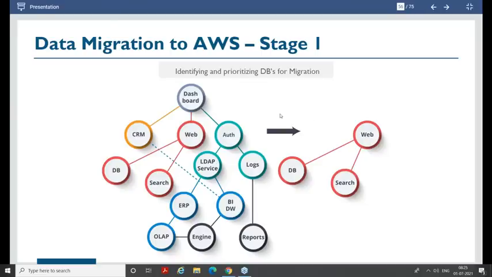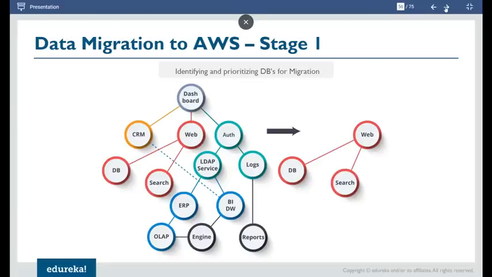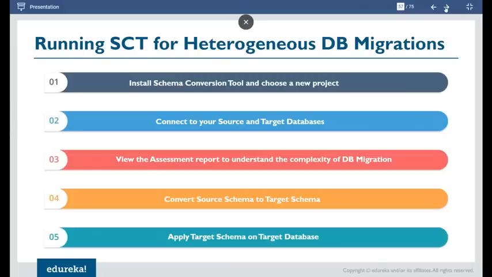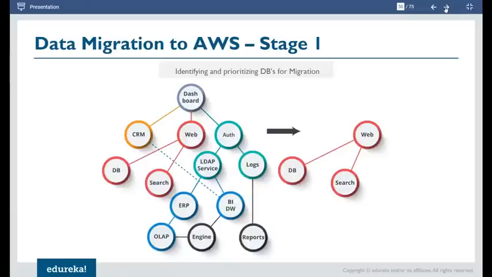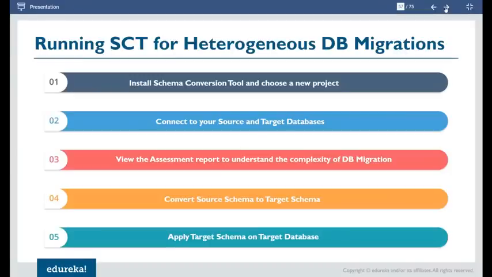So in pre-migration, you identify this detail so that you know which database is to be migrated. Then, is it heterogeneous or homogeneous? As I was telling you, if it is heterogeneous, then you need to use the Schema Conversion Tool before you can start your migration, where you convert your source schema to that of your target schema.